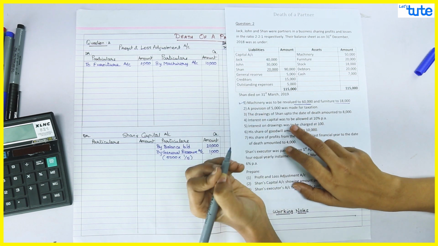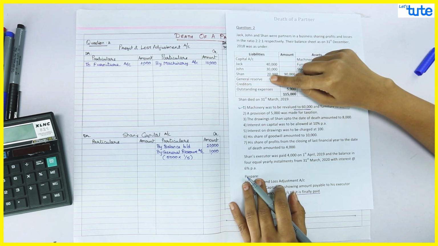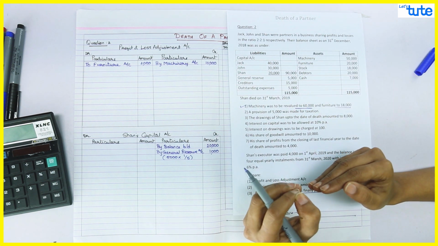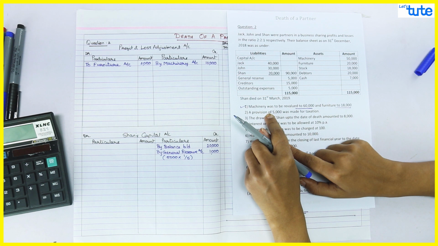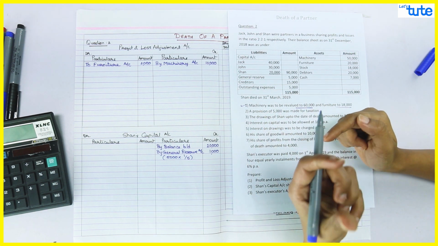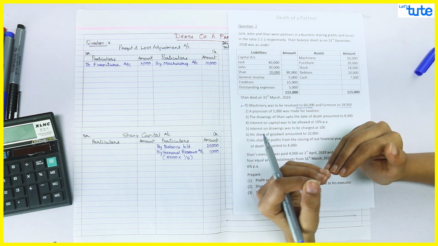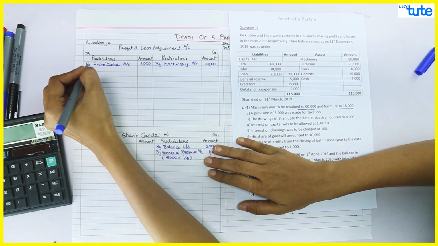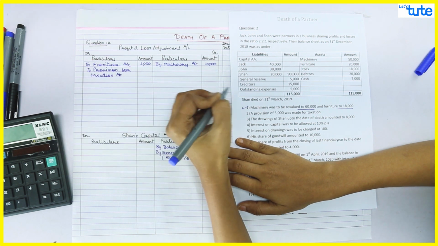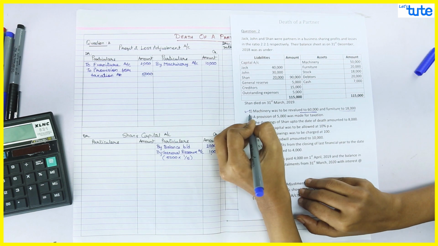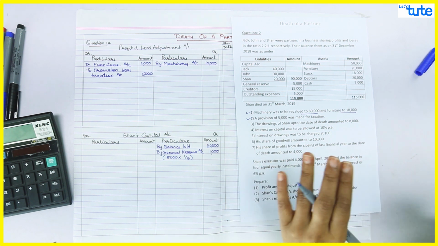Next, a provision of 5,000 was made for taxation. Now if you see the liabilities, we do not have any provision for tax. So this is kind of an unrecorded liability which was not there in your books, but now you need to raise this liability in your books. So if you want to raise the liability, we need to credit that liability account, and since your liabilities increase, it's a kind of a loss for us. So that would be debited to P&L adjustment account. So we'll say to provision for taxation account, and we need to create liability for 5,000. So that is also done. The effects for this machinery, furniture and this provision for taxation will go to new balance sheet, which is not